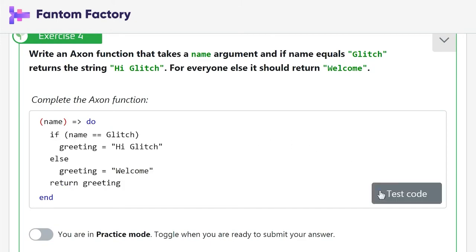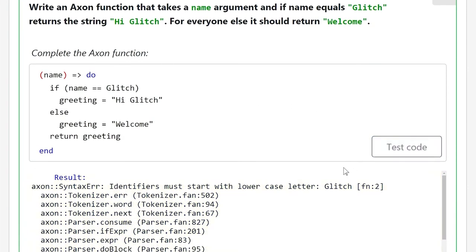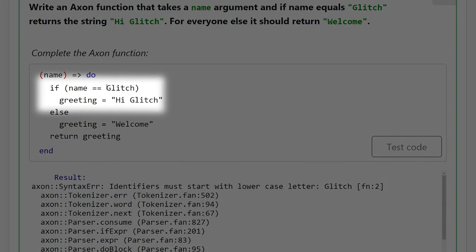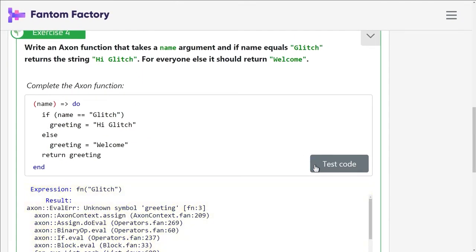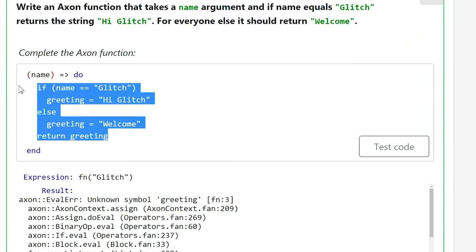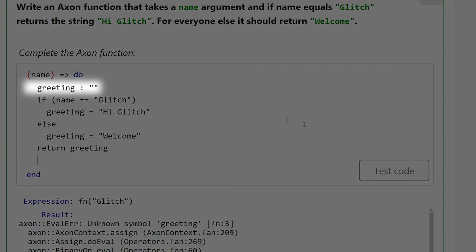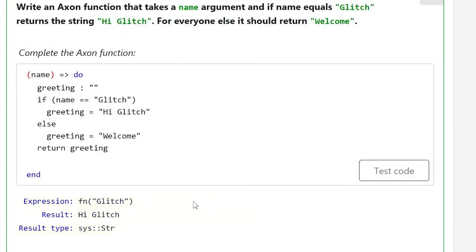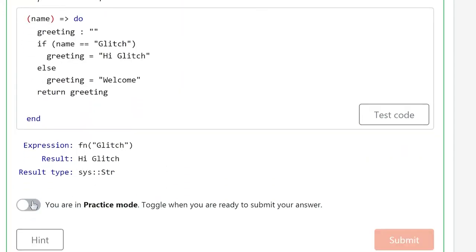Well, it all looks okay, but just like in any programming role, typos are not your friend. Okay, the output tells us that something is not good. Perhaps I forgot the quotation marks for this glitch string. Nope, still missing something. This is when I would go back and reread the training material again. Oh, hang on, I've missed something. Now we're cooking. Let's submit the answer to see what happens.